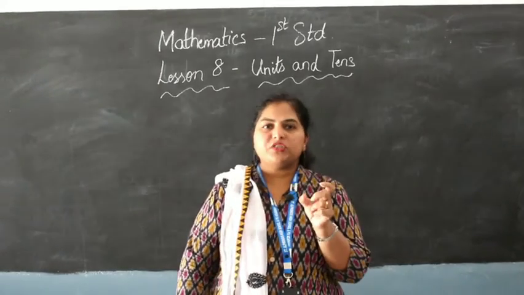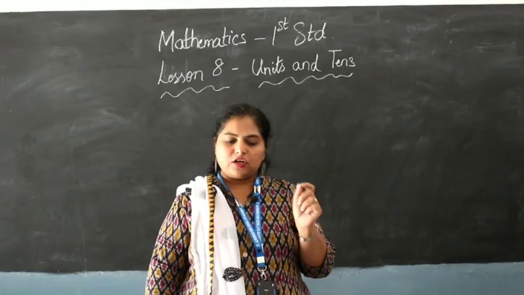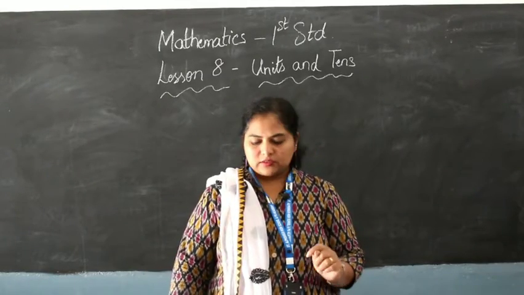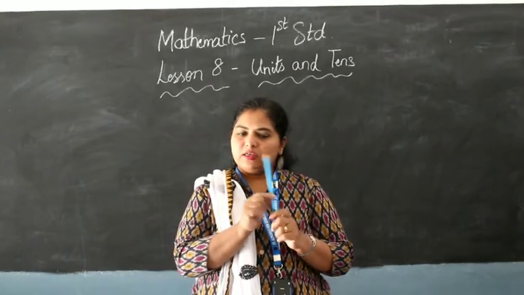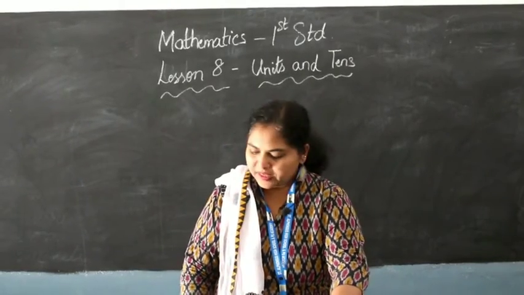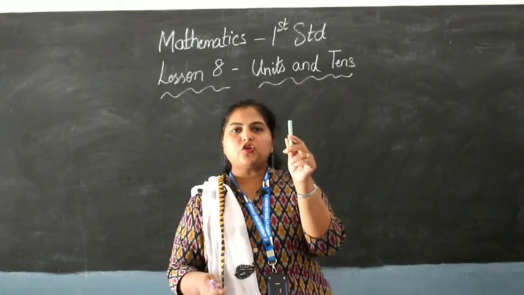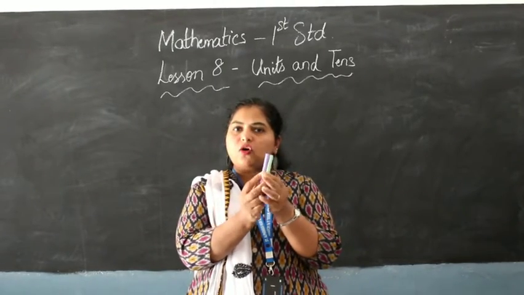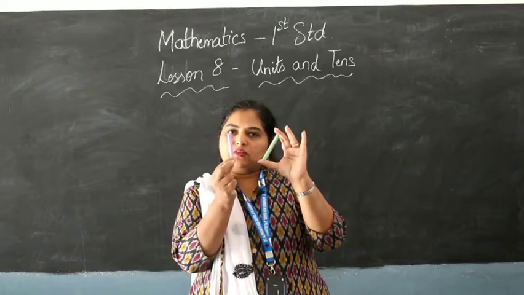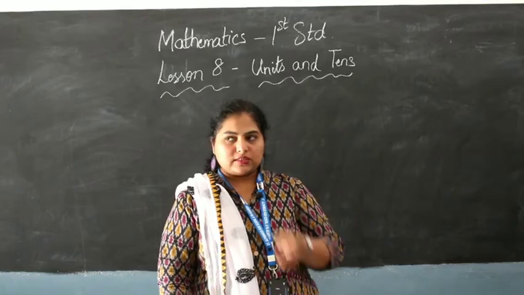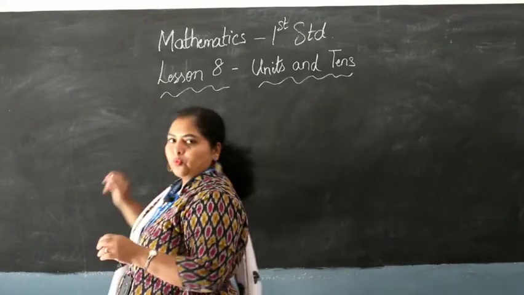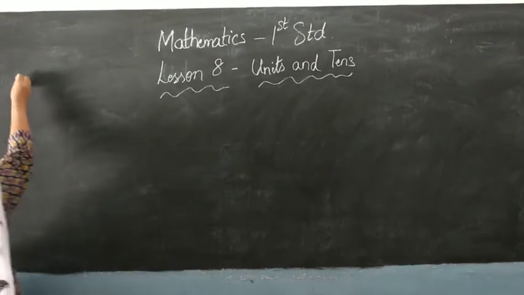Every single object, every single thing that you count will be 1 unit. Now this is one pencil. One pencil is 1 unit. Okay. So if I have 2 pencils and I have chalk, one chalk is 1 unit. If I have 2 chalk, they both are 2 units. Okay. 1 unit and 2 units. So that's how units work, like when you write numbers from 1 to 9. I have told you all about tens and units last time when you all wrote the number 10.